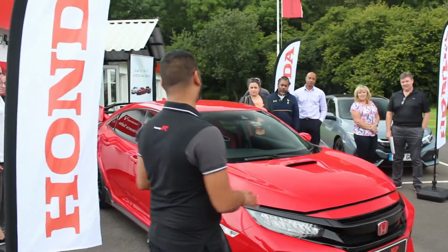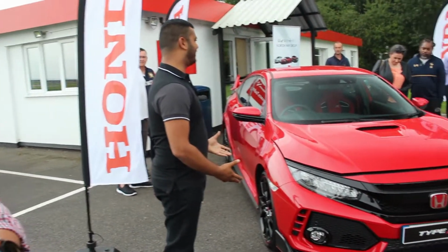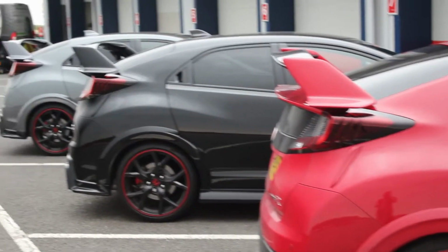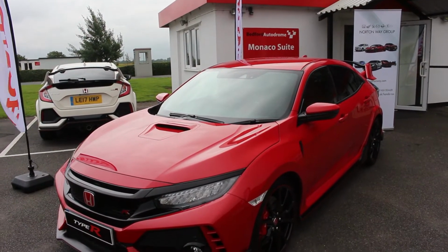I'm just going to do a quick walk around the new Type R, just give you a little more insight into this new beast that we have. As you all know, some of you own the previous generation, which is the FK2. This is now the new replacement. What we've done with the car,